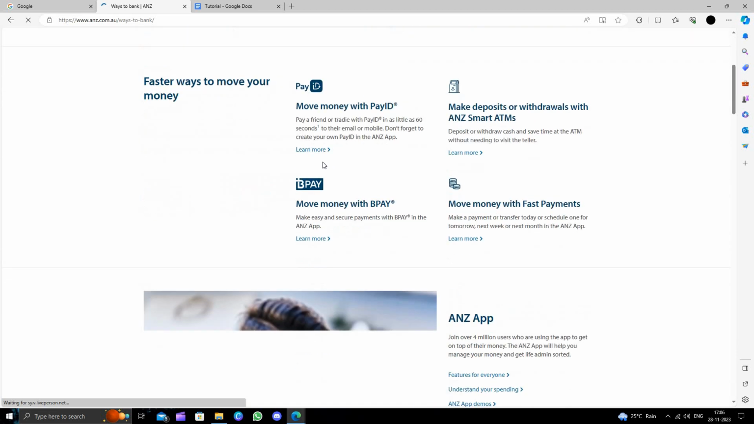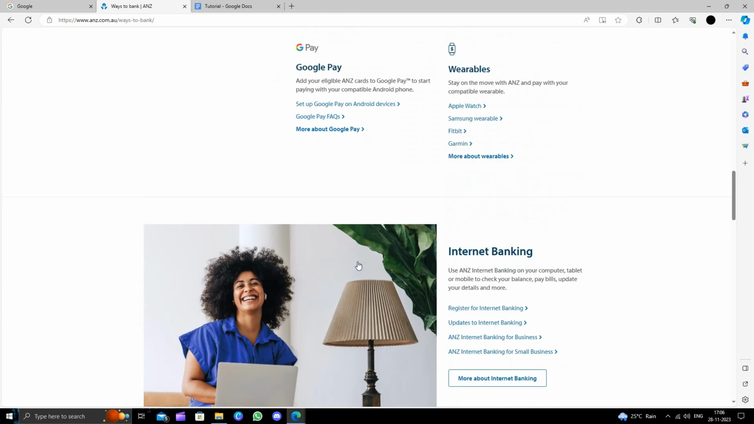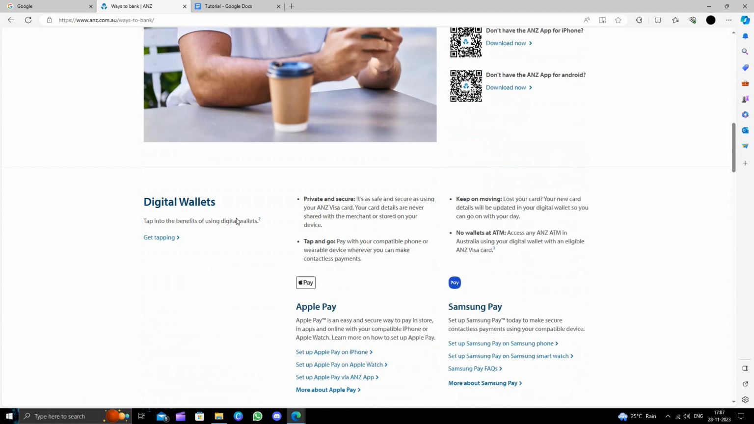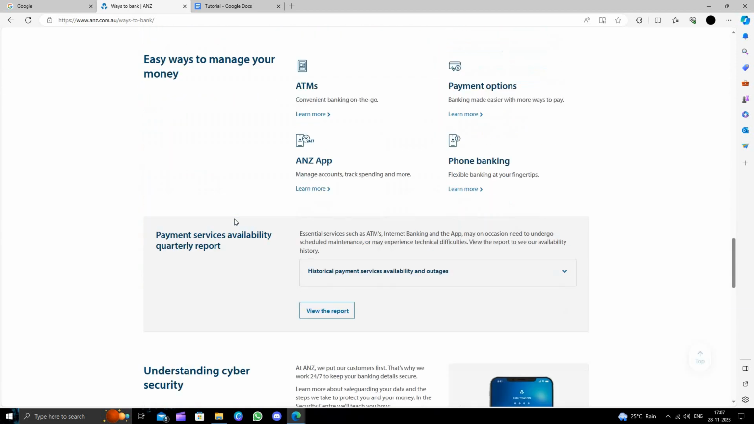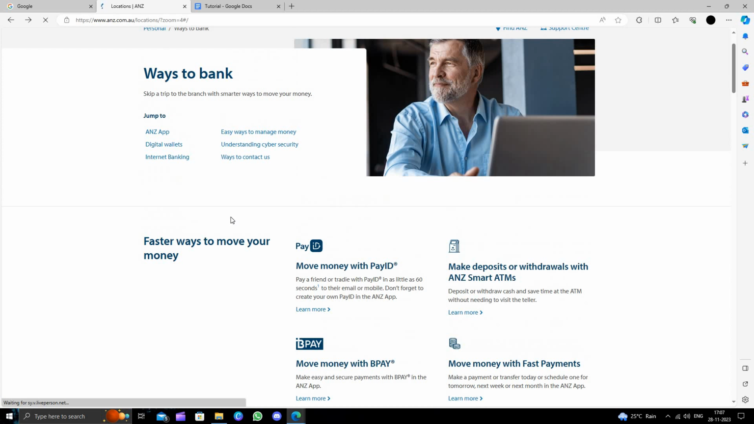Here they have the app also, you can just download it, and here we can see the ways to bank. Skip a trip to the bank with smarter ways. You can use their ANZ app and their contact us button if you don't want to go to the bank. If you want to go, you can just find the nearest ANZ branch near you